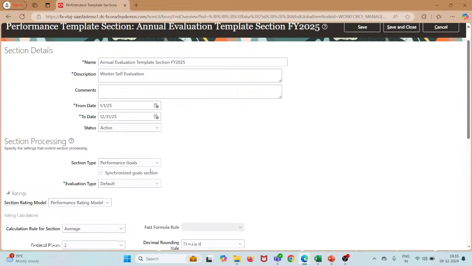The one thing I forgot to tell you is section type. Okay, we were talking about section type. The first section type is profile content, which is used to rate worker competency. The second one is performance goal, which is used to rate performance goal. And then development goals, which is used to rate worker development goals. Then there is overall summary, which is used to provide the overall rating of the worker. Then worker final feedback, manager final feedback,